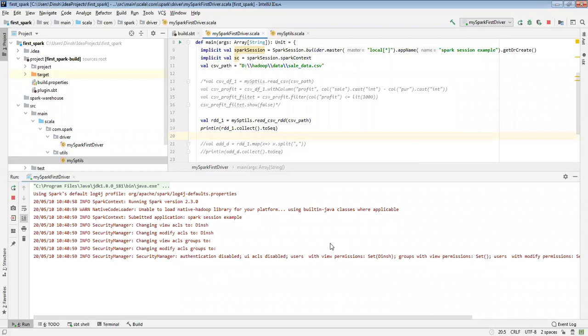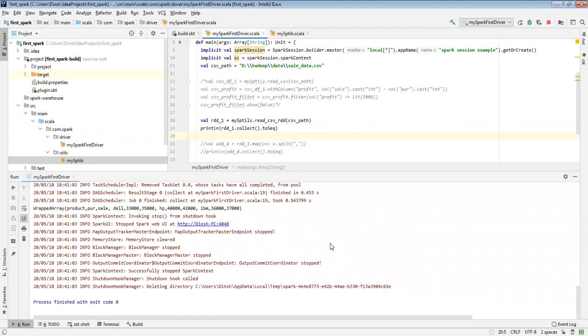It shows as a different file. You can get the three rows for product sale and everything.